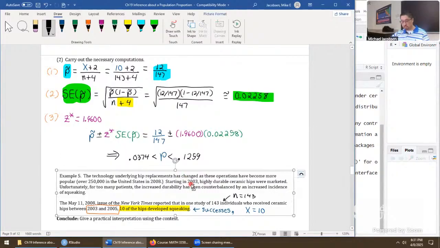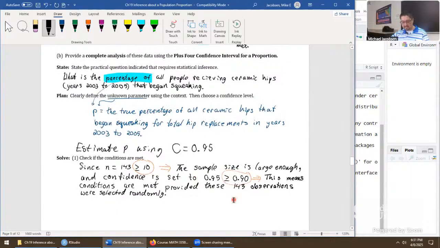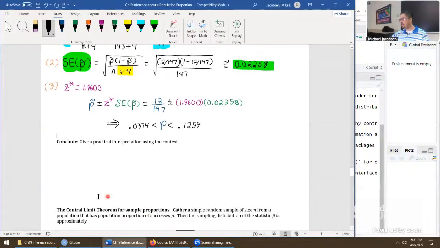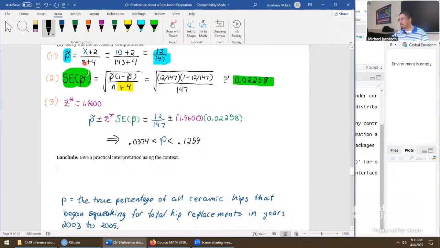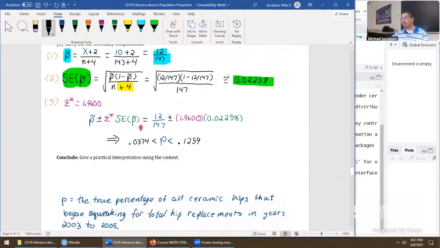All we now need to do is give a firm conclusion. But to do that, we should recall what P was exactly. Here it is. Kind of wrote it in a long way, but this should do the job. So when we ran this whole method, we were focusing on P tilde first, the 12 over 147. That was just an estimate of P. It doesn't include the margin of error, so that's why we included Z star standard error, and now we have a whole range of values. All we have to say is what our confidence level was and what this estimate really is.